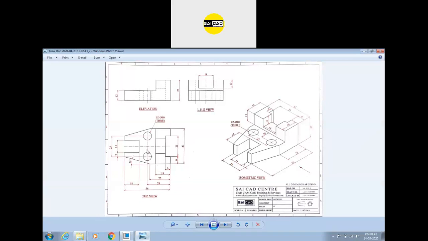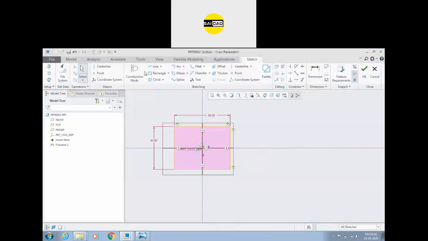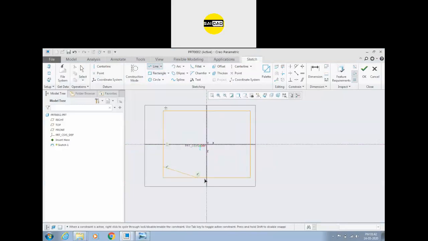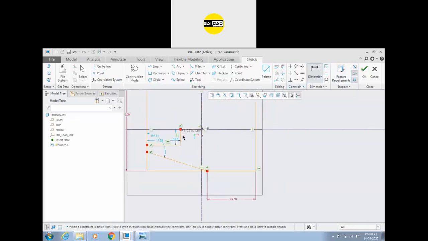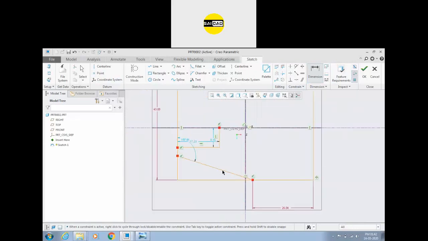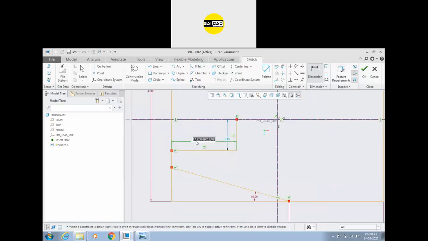Next we have to create these angles. This is at 25, and this is 16 degrees. So we are going to create a line that is like this. Go to the dimension. I want this dimension to start from here, so this is 25, and the angle will be defined from here. This is 16 degrees. We know that this depth is 25, and we know that this gap is a total of 15, so half will be 7.5.